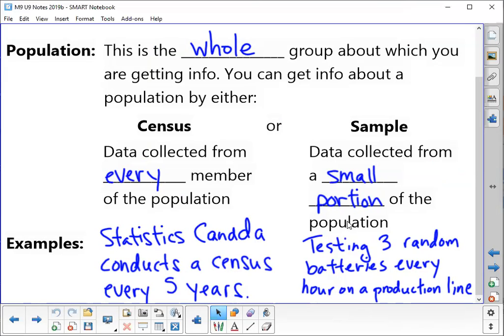So an example of a census is that every 5 years, Statistics Canada conducts a census where they ask every Canadian in the entire country a series of questions about who lives in their home. It provides amazing data for businesses wanting to invest in a population in Canada. Also, it gives great information for communities to figure out what kind of infrastructure they need to be focusing on over the next 5 years.